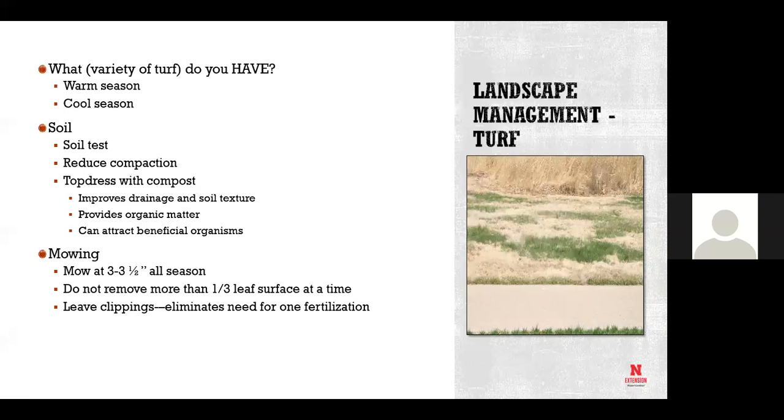So the picture that we have added on here: do you guys know what kind of turf that is? A combination, yes. So that is a warm season turf that's been invaded by a cool season turf. So it's buffalo grass with bluegrass and fescue in it. It's on campus, right over there. I'm going to imagine that this was not managed correctly. It's very, very difficult to manage a warm season turf in town because of all the cool season turf around, and it gets carried in by the birds.